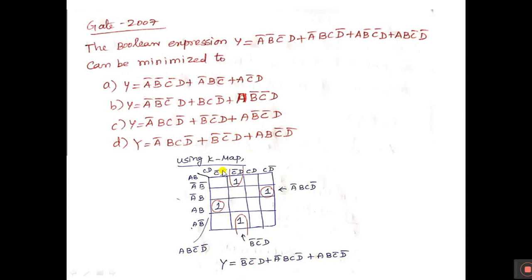So why do I take these two methods compared to direct minimization? K-map is very simple and errors are reduced. Okay? You cannot get any error compared to direct minimization. We may miss some term, but here you can easily do it and the errors are very low. So that is why I take two examples here.